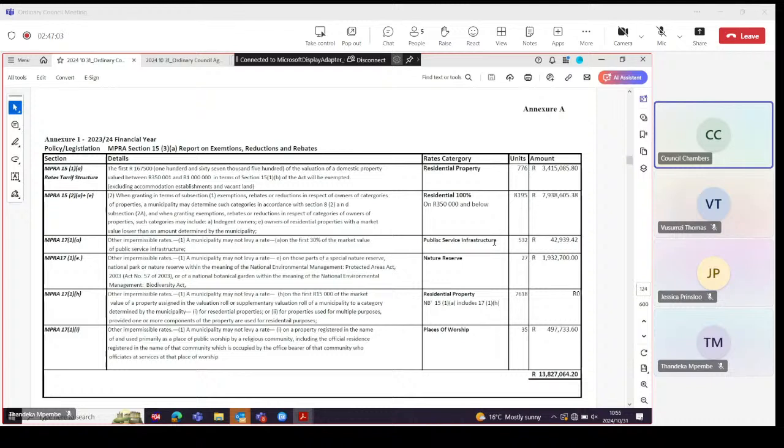And I just want to acknowledge that as a council, we have really looked at some of our policies. We are implementing the indigent policy very well. The only challenge is that many of our community members don't actually come forward to claim these benefits. So if you look at it, it's over 3 million rand, 3,415,000, that we've contributed towards our local communities. And I totally believe that if you look at the latest stats, they tell us that there's a